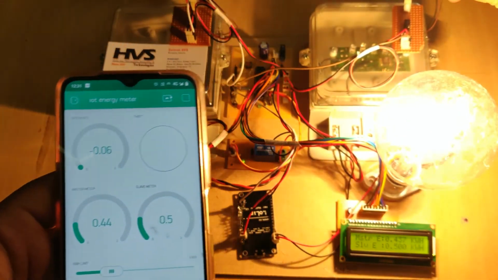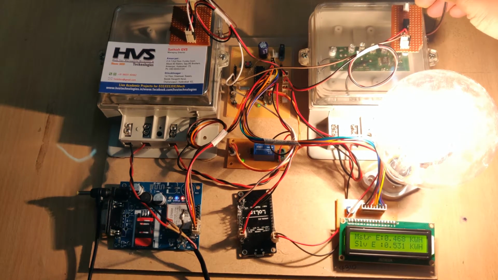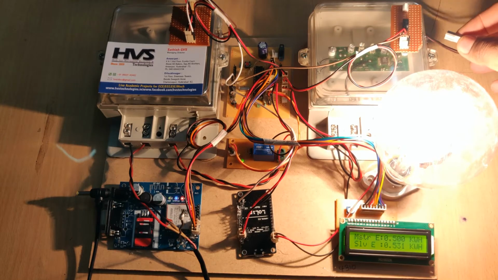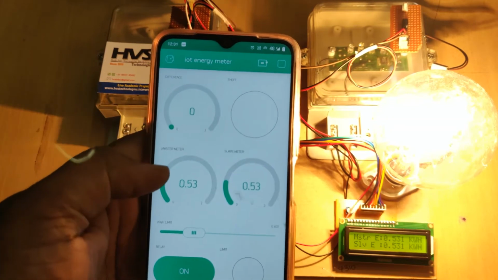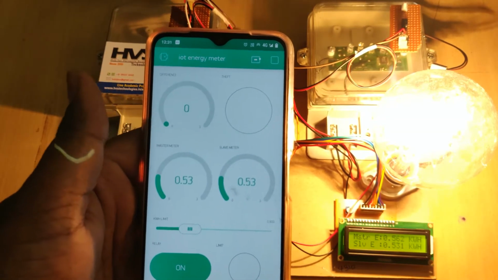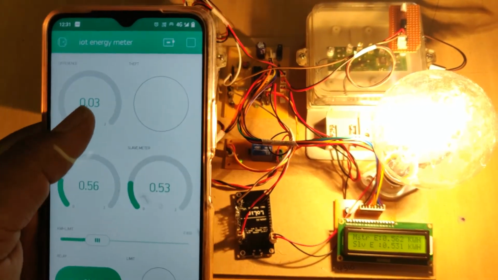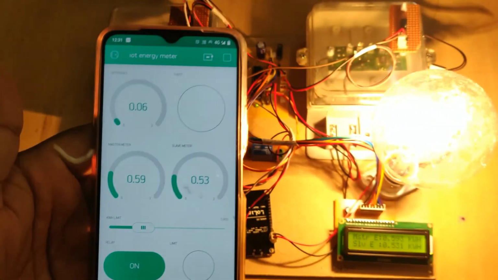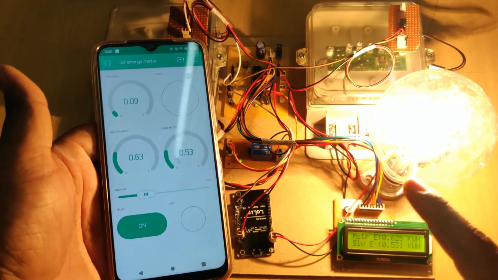Coming to the difference, in order to detect theft, whenever this particular energy meter is not getting the inputs from the load, that is, if we tamper with this slave energy meter indicated for theft, then we can see the difference increase. Whenever the difference is more than 0.15 kilowatt hour, we can see the difference on the difference gauge, and it will indicate on the lights, as well as switch off the power supply to the load whenever theft is detected.